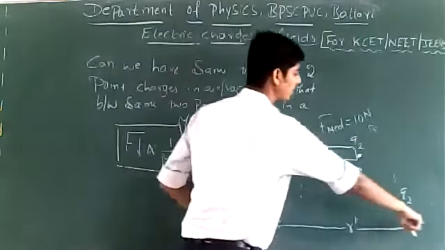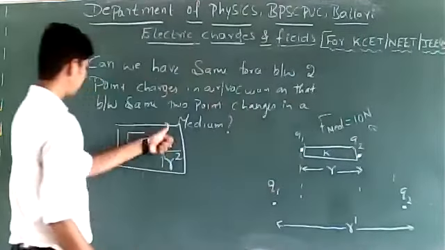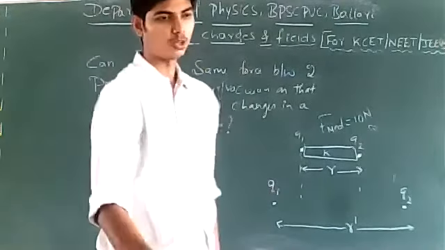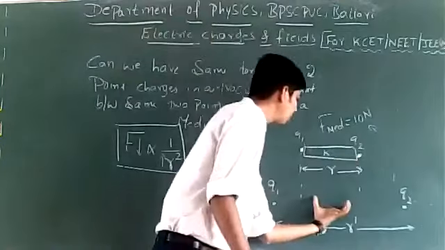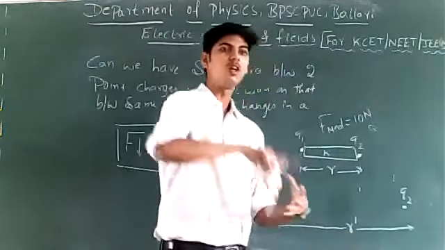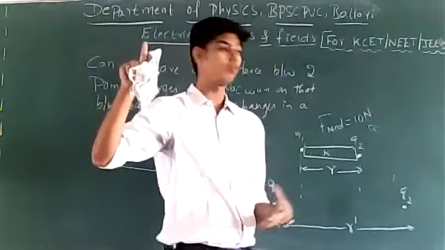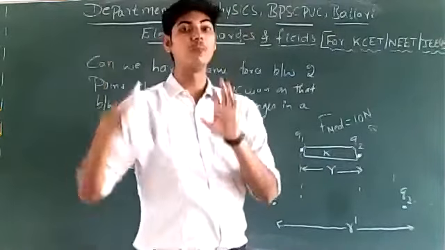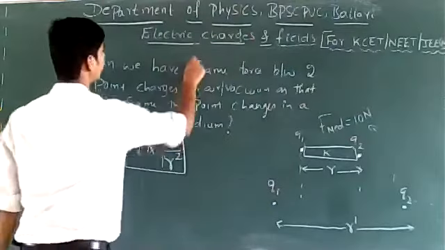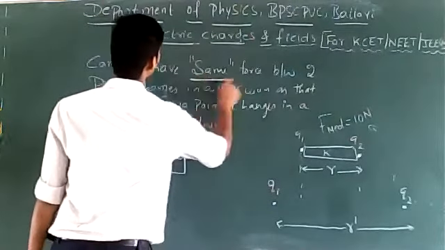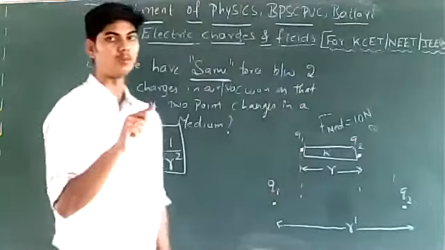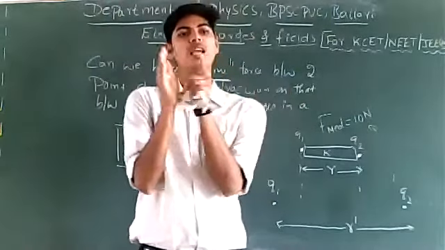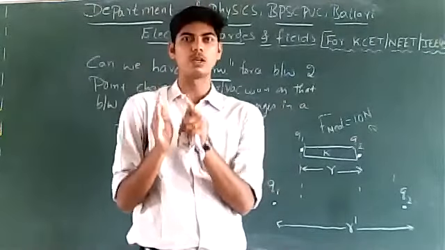See, by increasing the distance, it is possible to decrease the force. If you had kept the same distance r, the force would have increased because you have removed the medium. The force between the two charges would have increased. But I do not want it to increase. What is asked is that the force between two point charges in air or vacuum should be same as that in medium. The force that was there in the medium should be the same in air or vacuum.